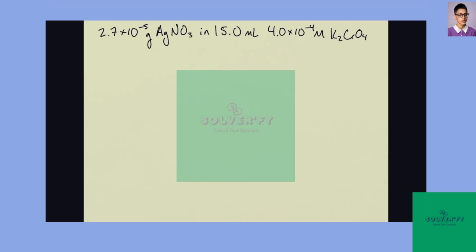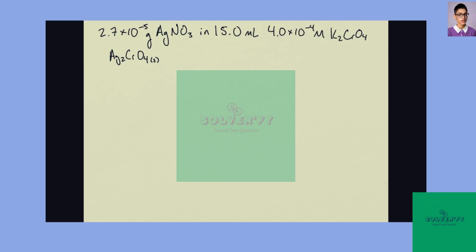We want to know if a precipitate will form if 2.7 times 10 to the negative fifth grams of AgNO3 is dissolved in 15 milliliters of 4.0 times 10 to the negative fourth molar K2CrO4. The solid that would form is Ag2CrO4,